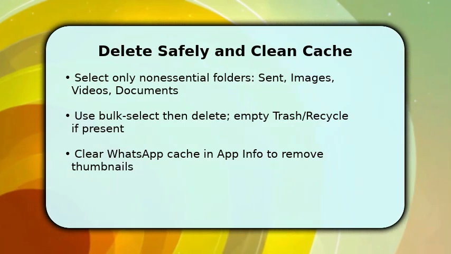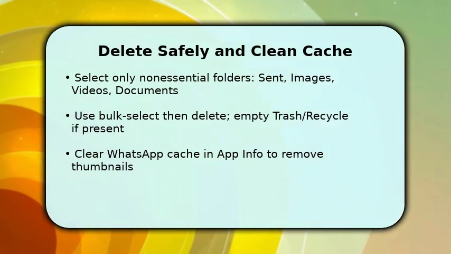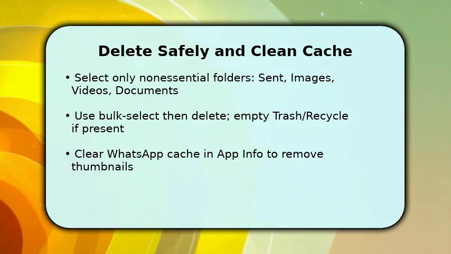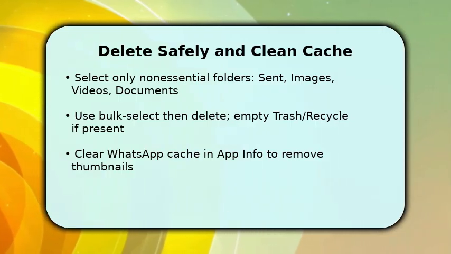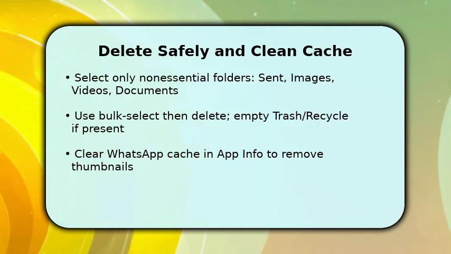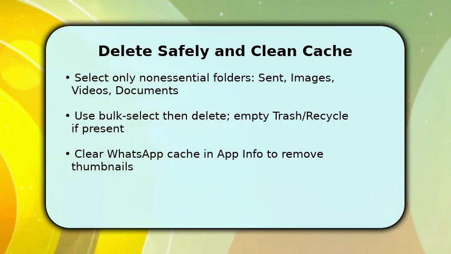Next, select folders that hold finished restore media, images, videos, documents, and the sent subfolder, and use bulk select to remove unnecessary files quickly. Once you delete, open your phone's trash or recycle and permanently purge them. Otherwise, storage won't free. Then go to Settings > Apps > WhatsApp > Storage and clear cache